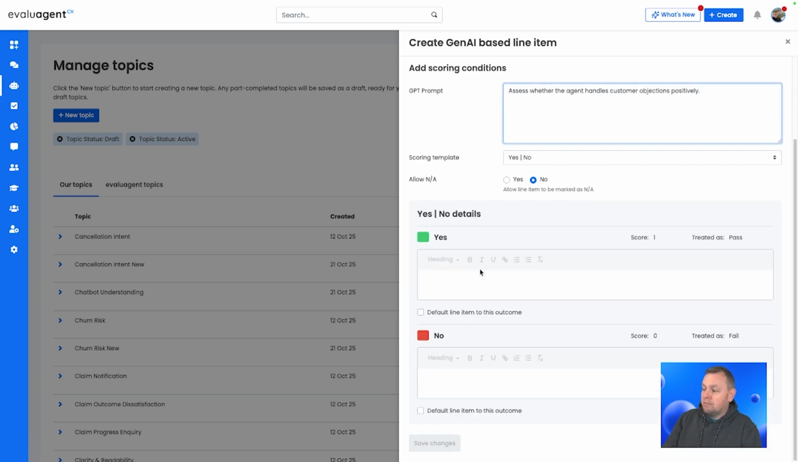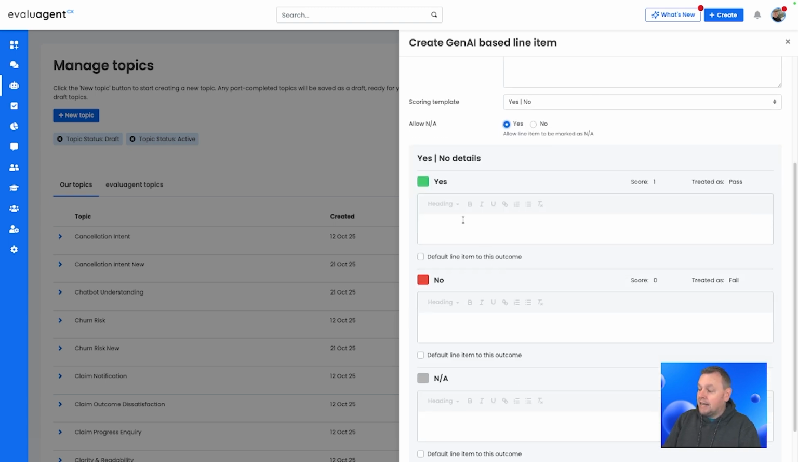The next thing is we complete the criteria for each of the scoring options. Now we also get the option to include a non-applicable in here, so let's add that in as well. So for our yes option, or for each of these options, what we essentially do is describe the behavior that we're looking to identify for each of these elements and provide examples. So in this case, where we're saying yes, we would say describe the behavior. The agent responds to customer objections with understanding, empathy, and constructive solutions, such as, I